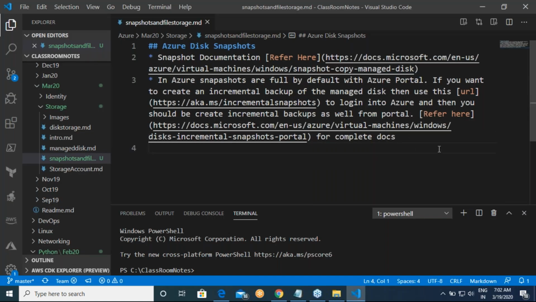Now unmanaged disk backup, I'm not interested because we'll not be doing this. This is used basically if you are dealing with one machine and two machine scenarios, but in reality that will not be the case. We'll be learning something called Azure Site Recovery for this. Unmanaged disk backups.